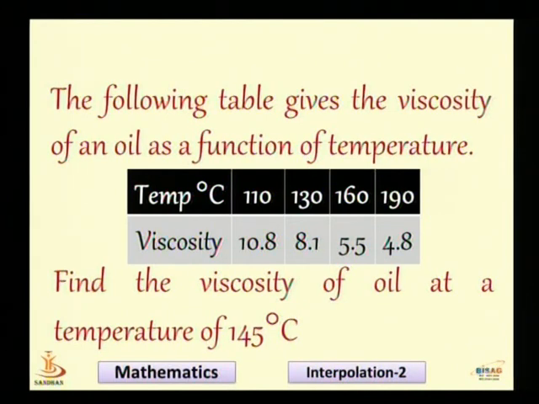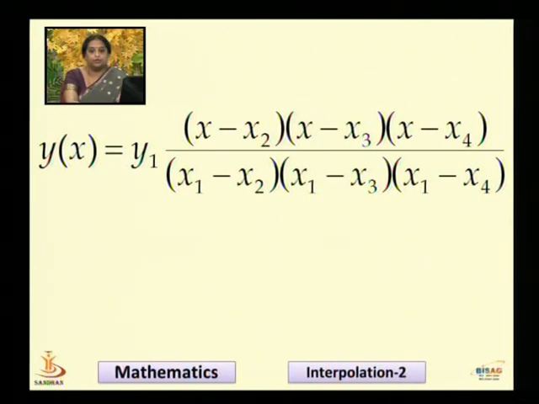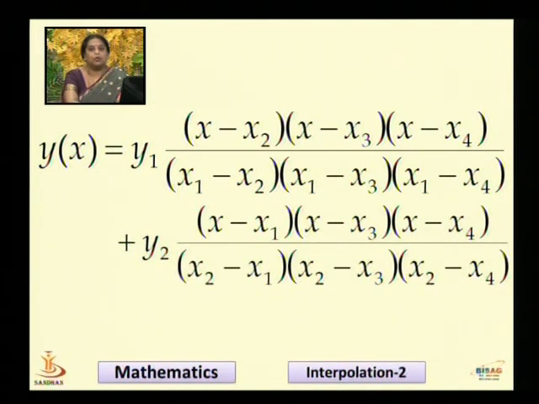Since we have got 4 points, our Lagrangian interpolating polynomial shall take the following form comprising of 4 terms. That is, y of x is given by y1 into x minus x2 into x minus x3 into x minus x4 upon x1 minus x2 into x1 minus x3 into x1 minus x4, plus the second term y2 multiplied by x minus x1, x minus x3, x minus x4 divided by x2 minus x1, x2 minus x3, x2 minus x4